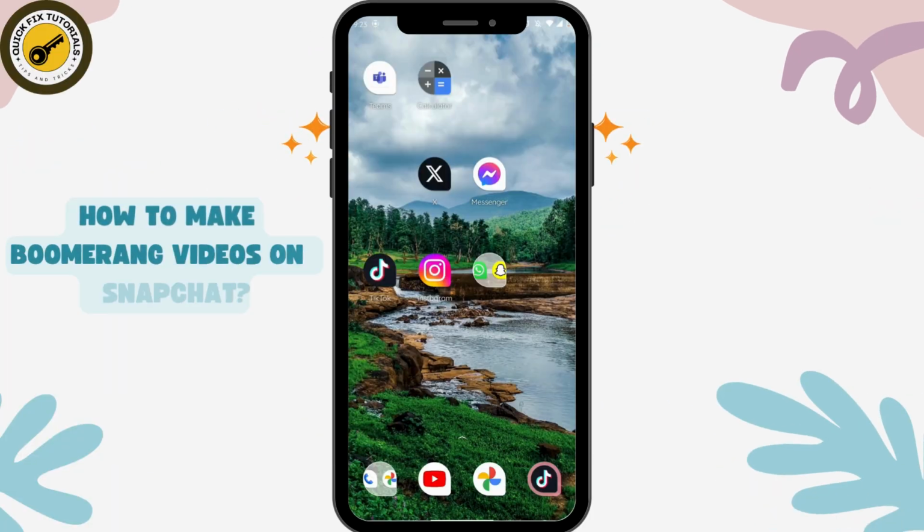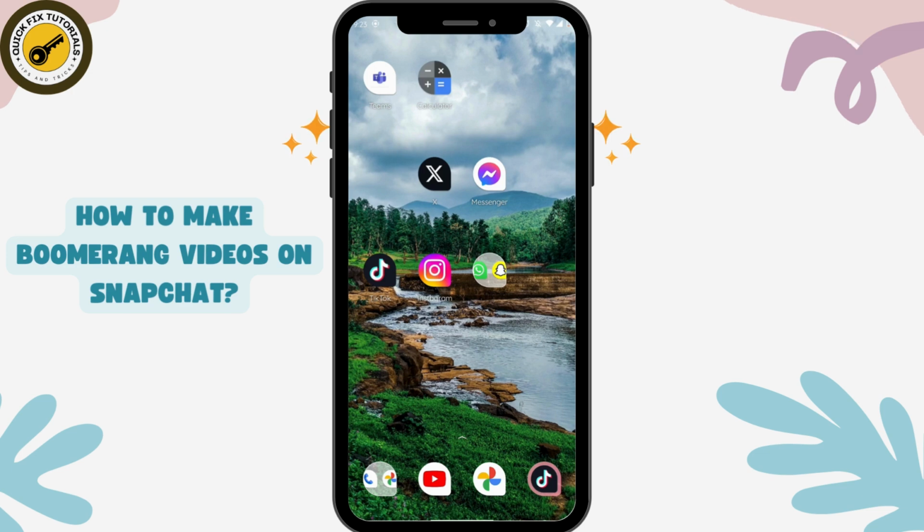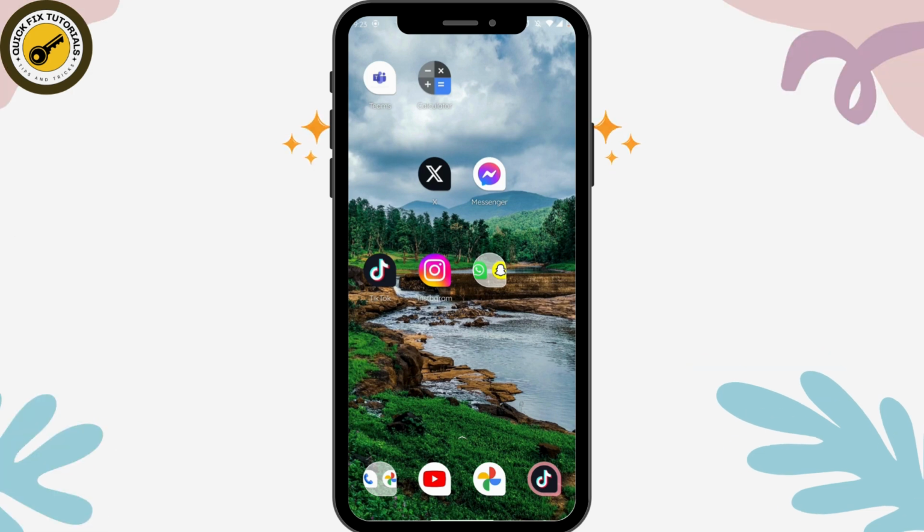How to make boomerang videos on Snapchat. So if you want to make boomerang videos on Snapchat, then first of all open up your Snapchat application,